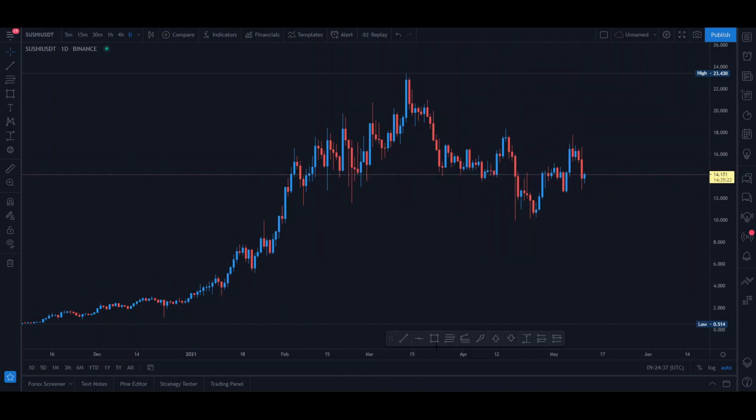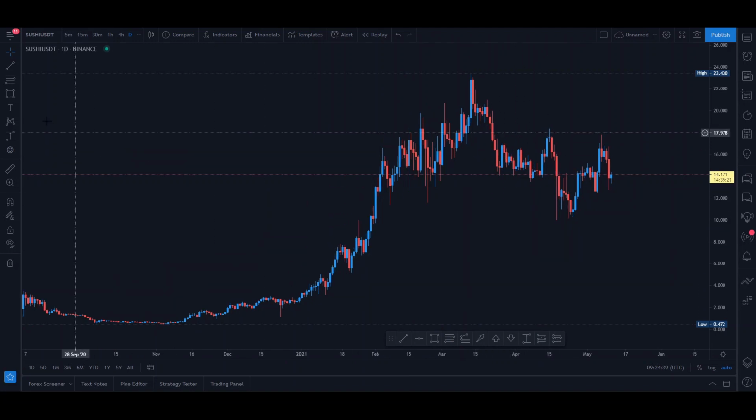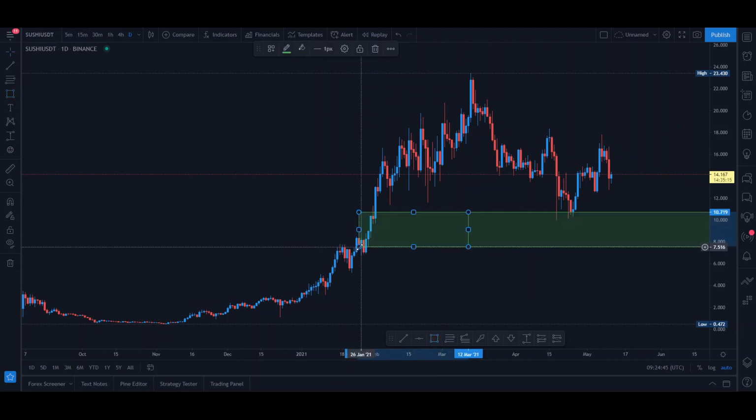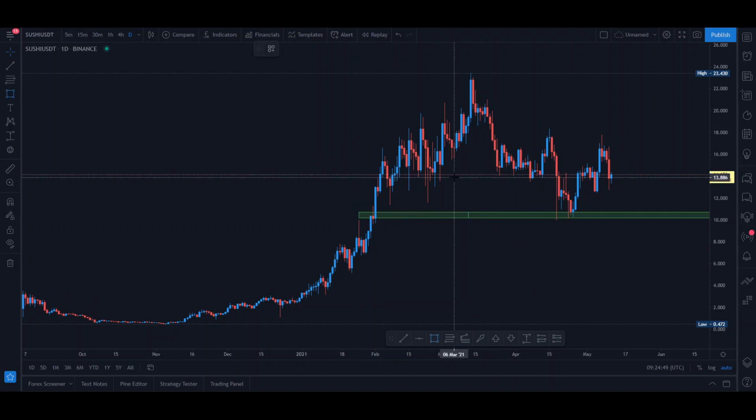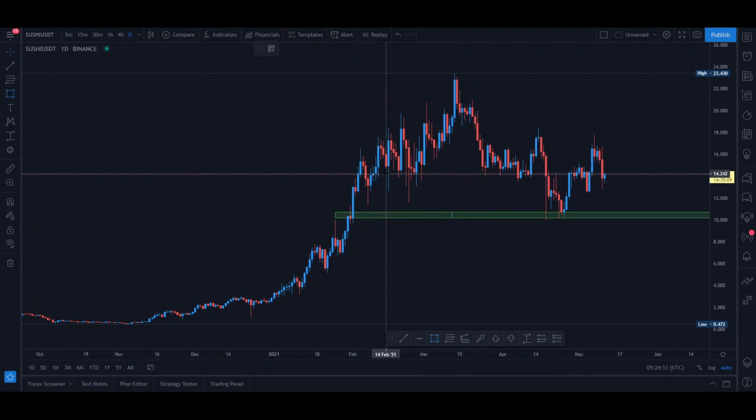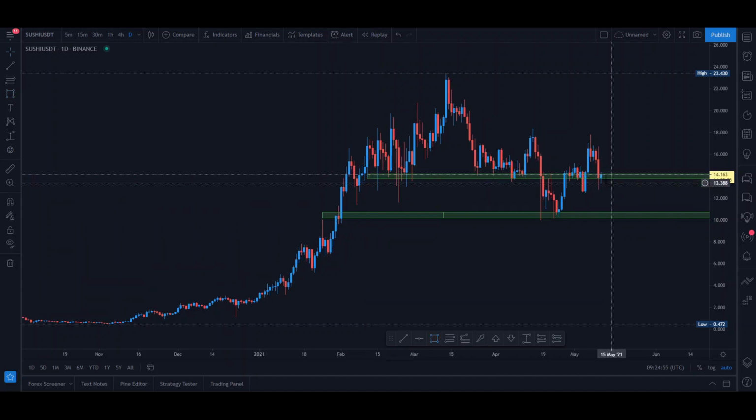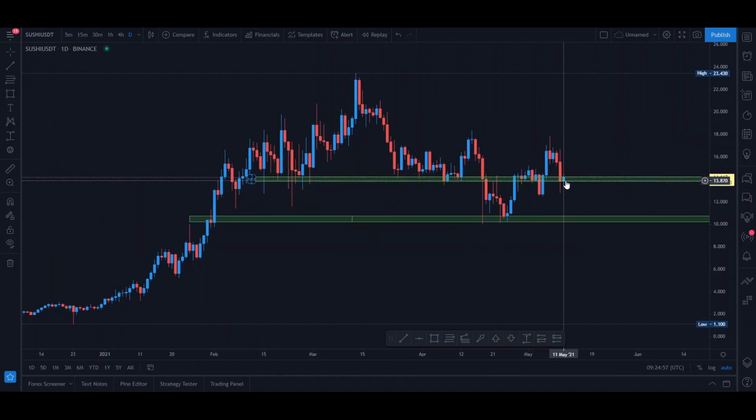Now we're going to do another analysis from scratch completely. Obviously, some of these zones will be the same ones that we've drawn before. So this is the double bottom zone at the bottom, from which the price actually bounced off of. We have another important zone right here about smack down in the middle where the coin is consolidating at this moment. So we're going to see if this zone proves to be a strong one and actually bounces